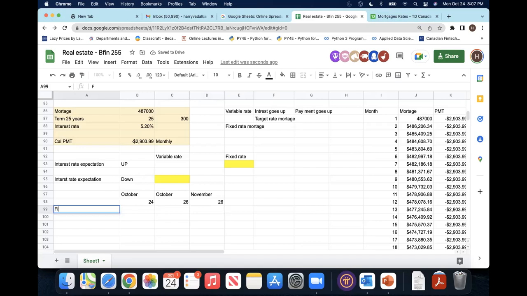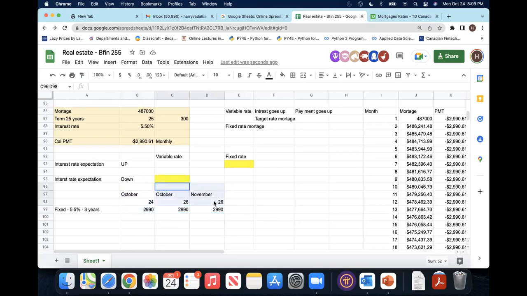So let's say you take a fixed rate of 5.5% for 3 years. Then if you do 5.5%, your mortgage payment will be 2990. Whatever happens, your mortgage payment will not change. You are fixing your interest rate on your mortgage for the next 3 years. So whatever happens,